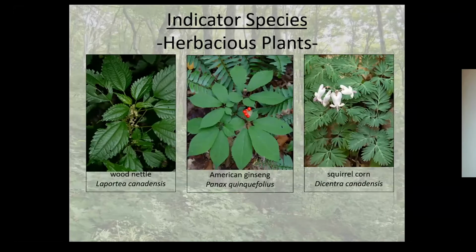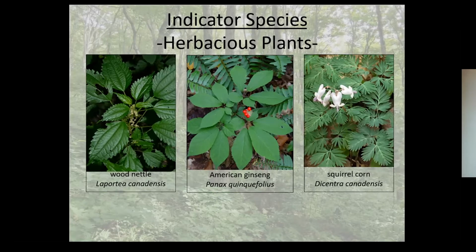Squirrel corn on the right-hand side is another one, much like the Dutchman's breeches. Slightly different in its flower shape, and its leaf shape is slightly different, but a low-growing plant again. The American ginseng is classic of really good, healthy soils for a sugar maple forest. If we're looking for ginseng,